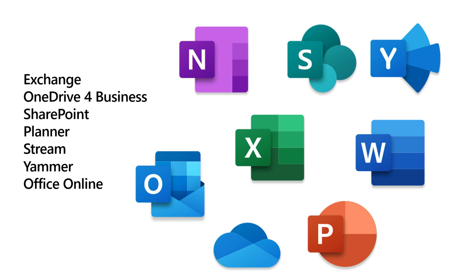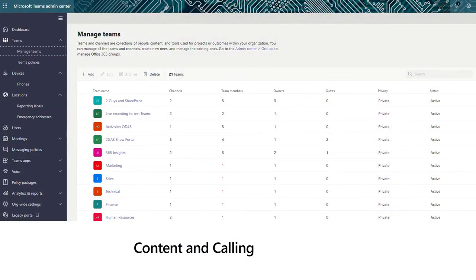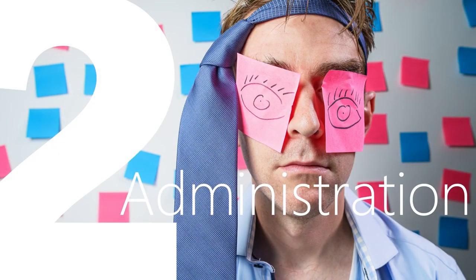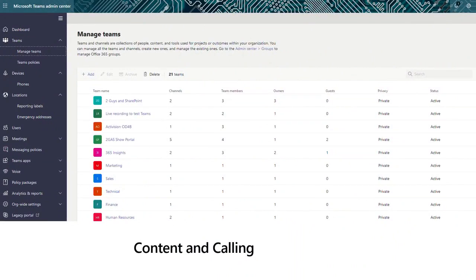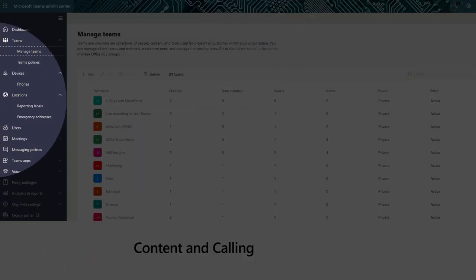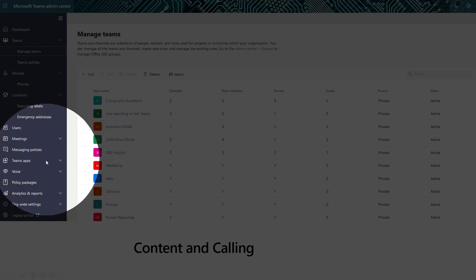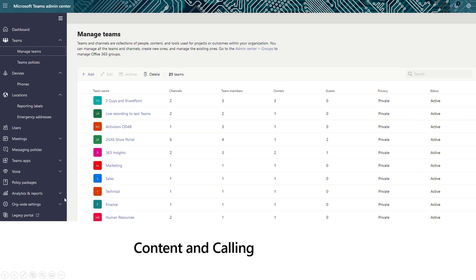So moving on, outside of the infrastructure considerations, well, I call it infrastructure, what do we have to worry about when it comes to administration of Teams? And do we know what we need to make sure of when we are administering Teams? And how many people have seen the Teams admin portal? Okay. For those who haven't seen it, there's a lot behind the scenes that you need to worry about. When we start looking at all of these tabs down the side, you'll notice there's quite a few drop-down menus. And those require quite a bit of understanding.